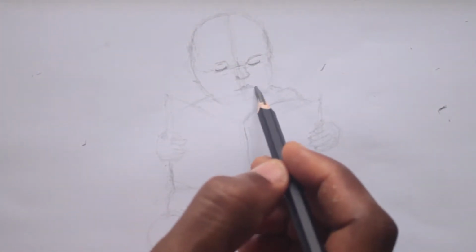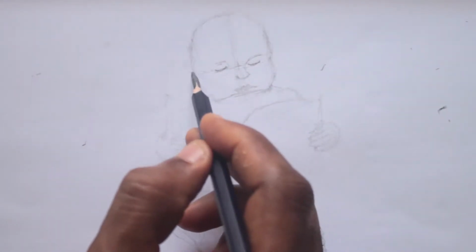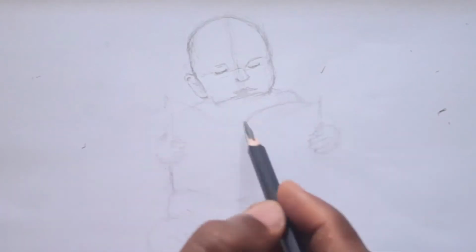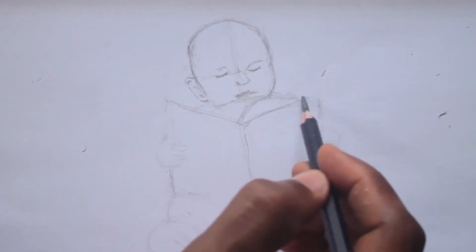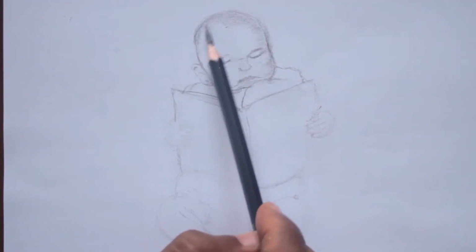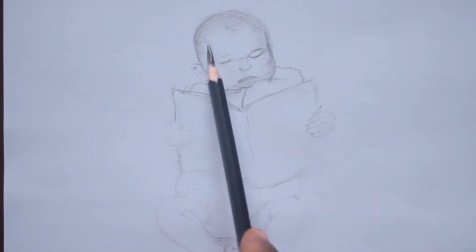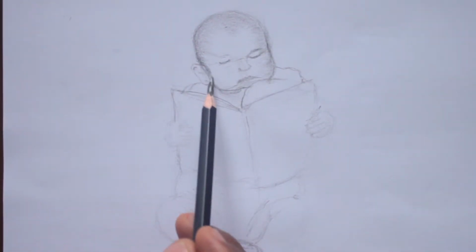our rough sketch. Now what I'm going to do is I'm going to focus on the head. I'll concentrate here to bring out the head properly, how it is tilted. And as you can see, I've gotten our image. The next thing is to start shading. Concentrate on it. I'm going to start from here, start shading the face. We'll come back to